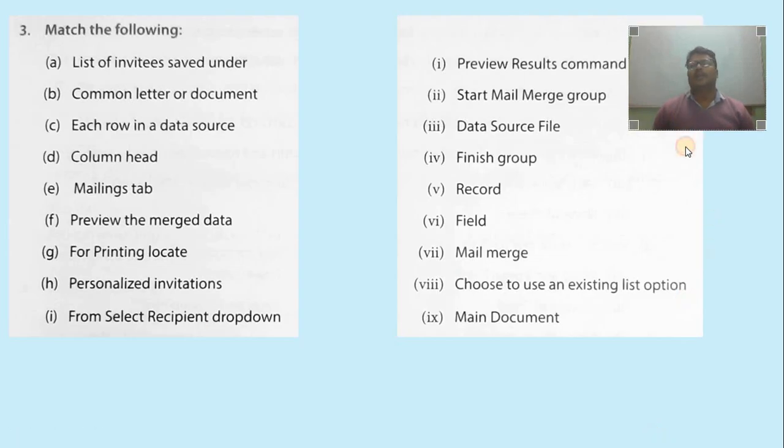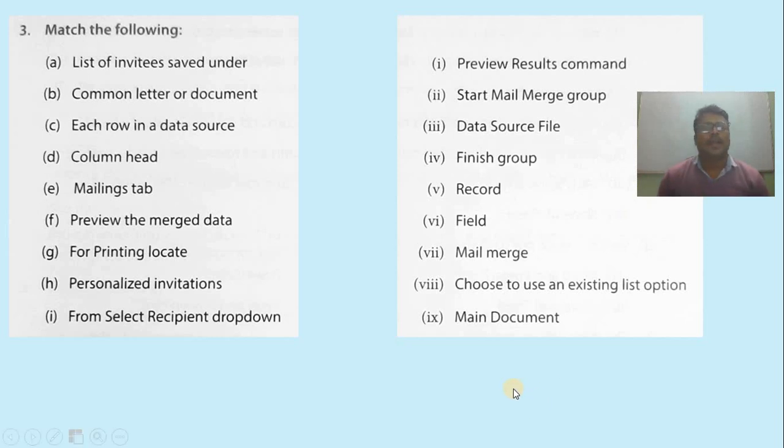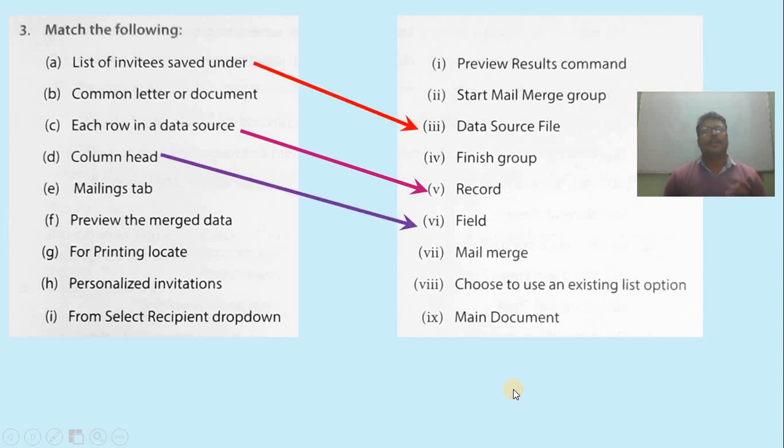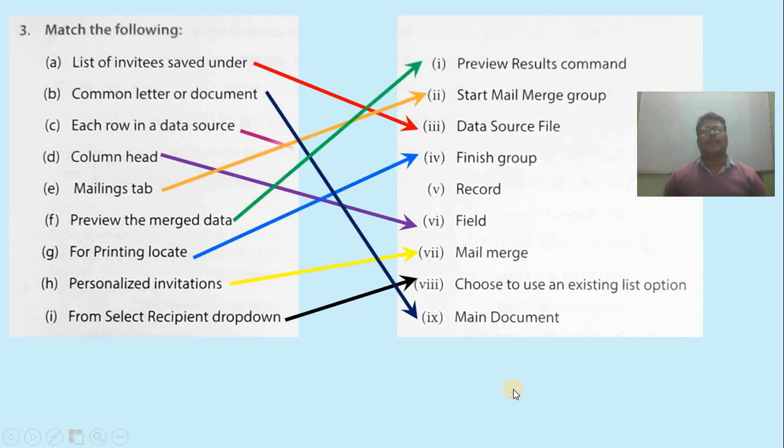Now the match the following. I hope this is clear to you all. So now, list of invitees. Sorry, this is not coming from the first one, but it will come all. So you see that and write it in your copy side by side. That means first one answer, third one data source, side by side you will write in your copy, not in a zigzag way. I have given it as in the book, but you write these answers side by side. That will be better for you. Understood? You have to write side by side.